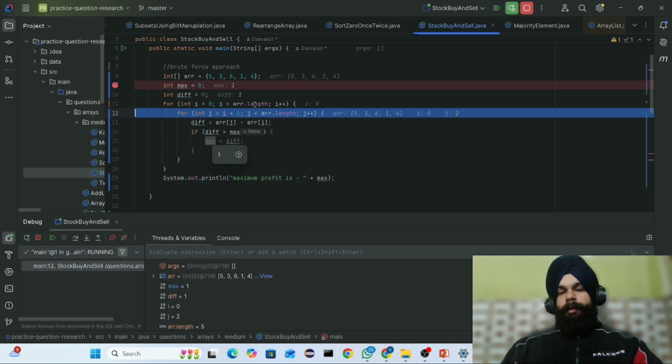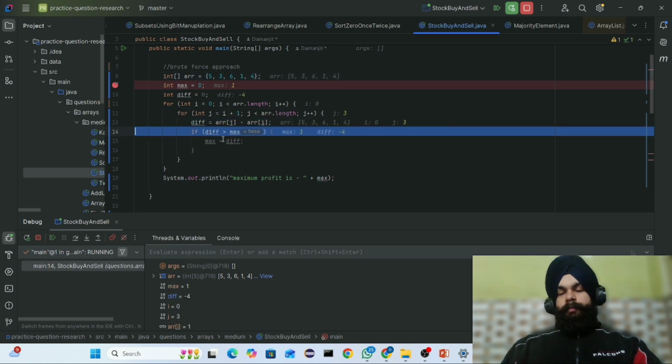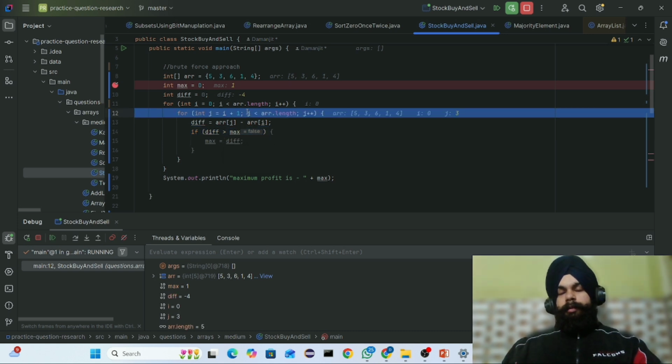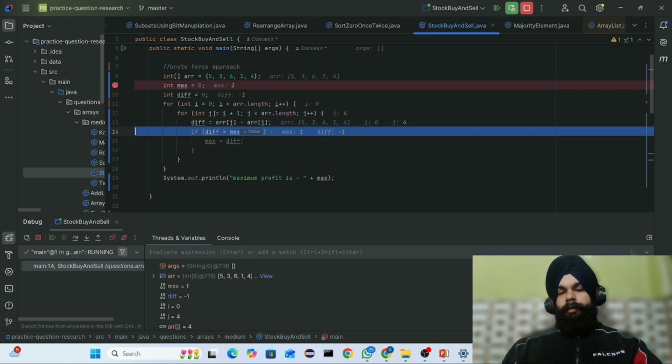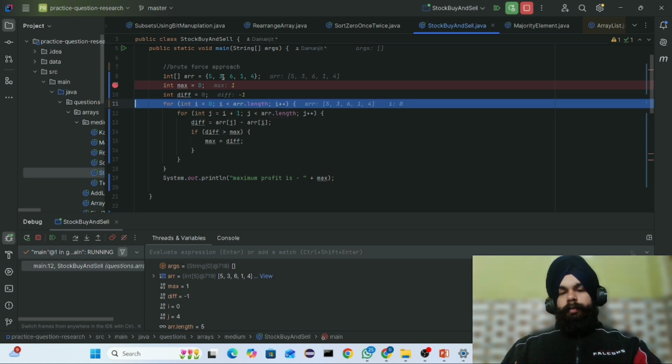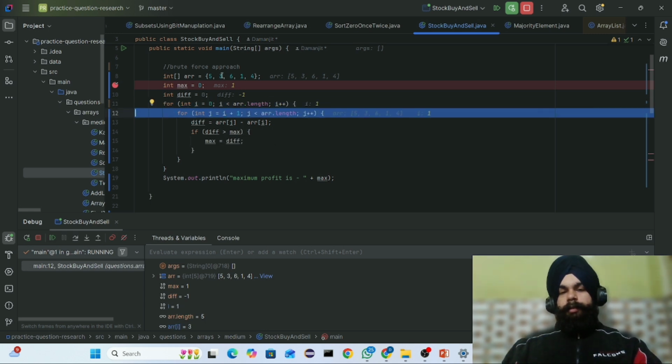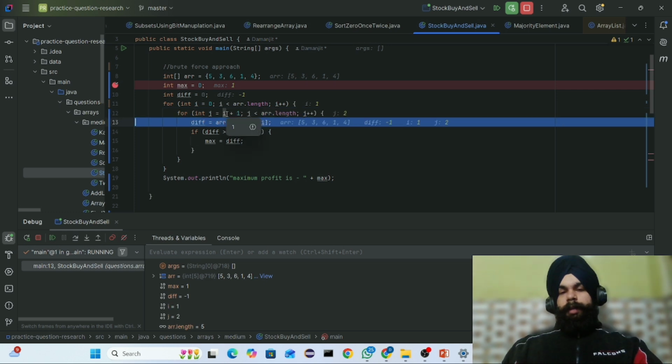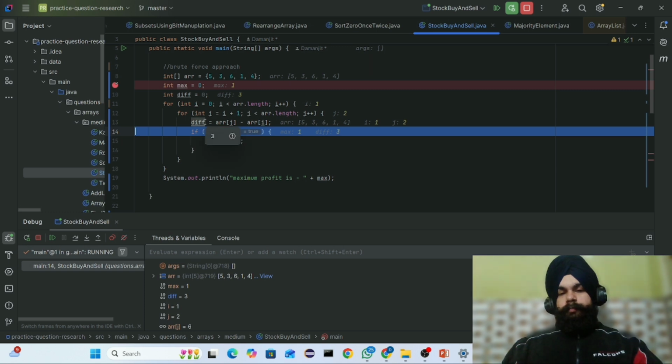will be 1. And now we have 1, 1 minus 5 will be -4, so -4 is not greater than 1, so skip. And next we have 4, 4 minus 5 will be -1, and it's also skipped. Then it will go to the 3. I will be at 3, and j will be at 6, and our difference will be 3. 6 minus 3 is 3, and